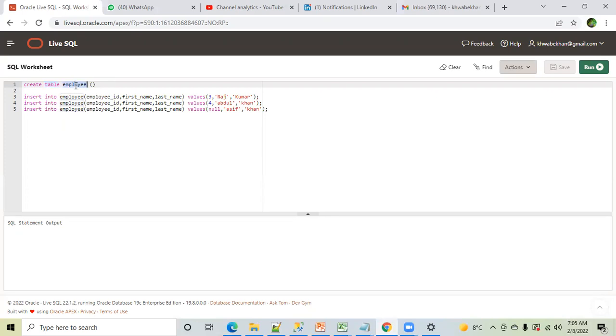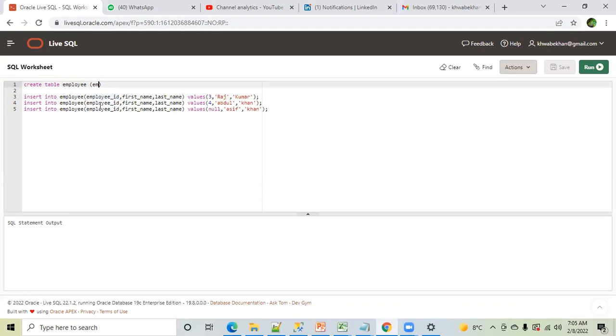Employee is the table name. This is user defined. You can keep any name. I'm repeating, there is no restriction. The only restriction is that this user defined keyword must not be a reserved keyword. Please make a note of this point. It must not be a reserved keyword, else this will throw an error message. Okay, and then you have to write